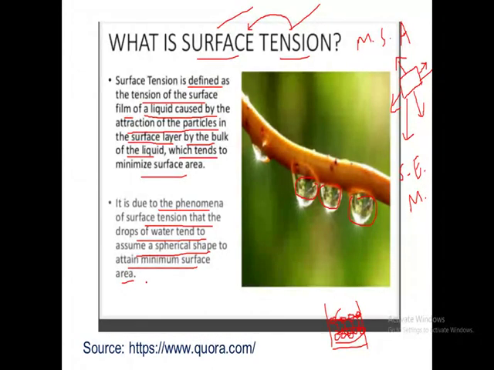Then the very important question is why the liquids are trying to have this minimum surface area. Now we all know from all this discussion that the spherical shape is due to the so-called pressure on the surface of a liquid, because they try to occupy the minimum surface area. But the million-dollar question is why the liquids want to have this minimum surface area. That is a big question, right? What is the reason for that? Why do they want to have minimum surface area, right? If we understand that, we will understand clearly what exactly we mean by surface tension.